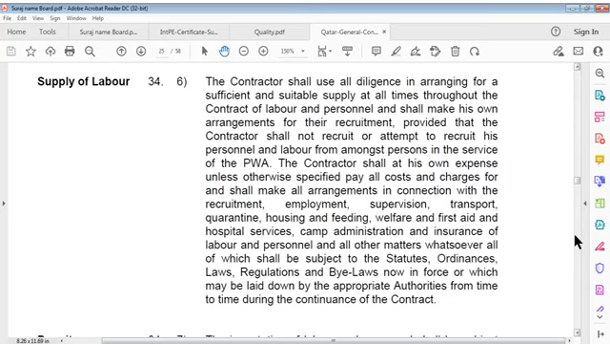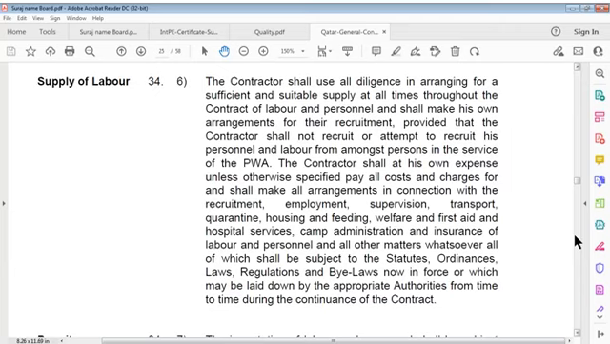Supply of workers. The contractor shall use all diligence in arranging for a sufficient and suitable supply at all times throughout the contract of workers and personnel, and make its own arrangements for their recruitment, provided that the contractor shall not recruit or attempt to recruit its personnel and workers from amongst persons in the service of the client. The contractor shall at its own expense, unless otherwise specified, pay all costs and charges for and make all arrangements in connection with recruitment, employment, supervision, transport,